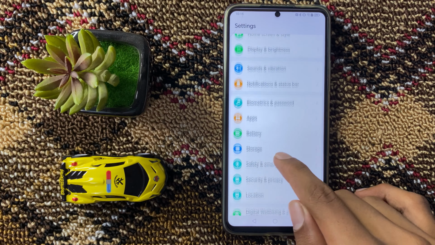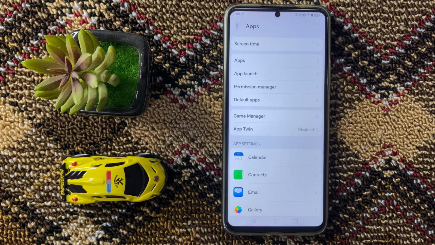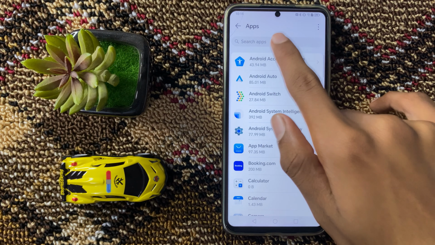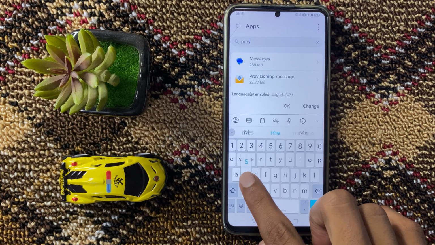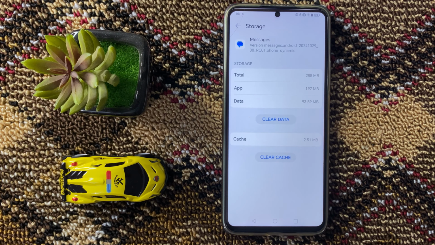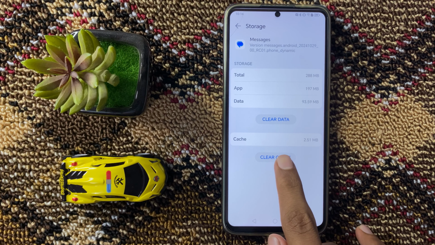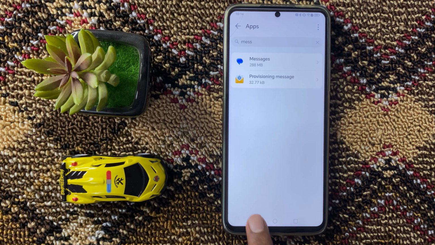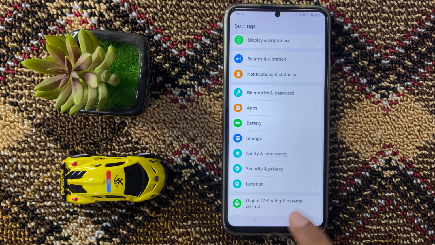and scroll down and click on apps. And then again click on apps and search here for messages. And click on storage. Now here you can clear your cache memory. After clearing your cache memory and data, go back to the main page of your settings and scroll down